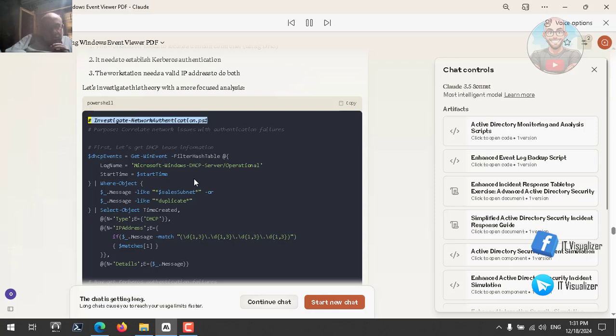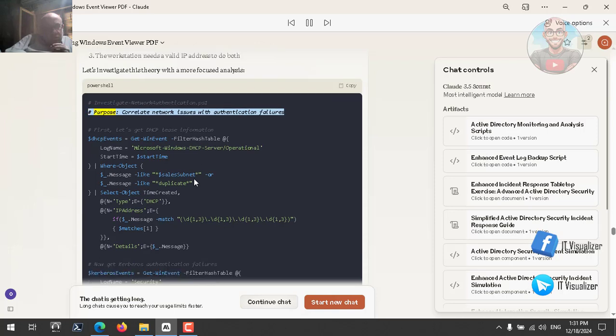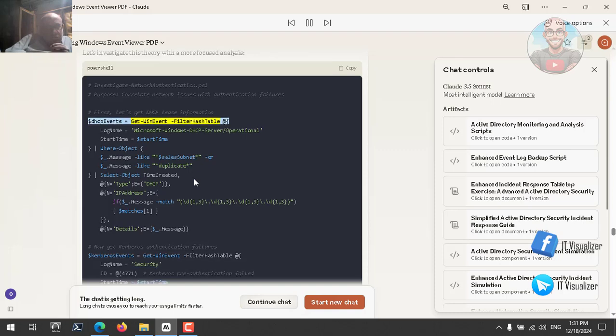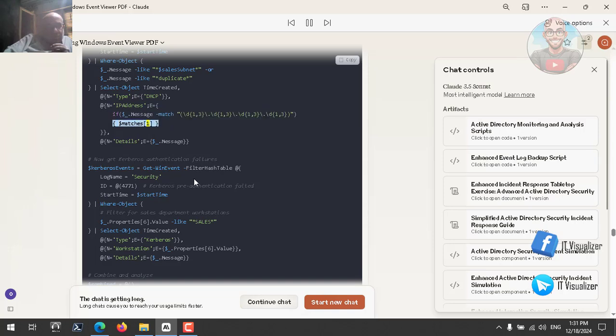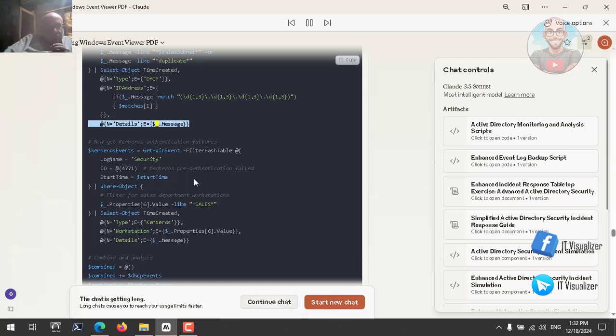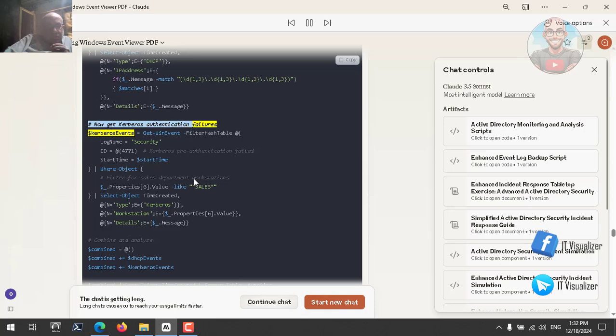PowerShell: # investigate-network-authentication.ps1 # Purpose: Correlate network issues with authentication failures. # First, let's get DHCP lease information. $DHCPEvents = Get-WinEvent -FilterHashtable @{LogName='Microsoft-Windows-DHCP-Server/Operational'; StartTime=$startTime} | Where-Object {$_.Message -like '*$salesSubnet*' -or $_.Message -like '*duplicate*'} | Select-Object TimeCreated, @{n='Type'; e='DHCP'}, @{n='IPAddress'; e={if ($_.Message -match '\d{1,3}\.\d{1,3}\.\d{1,3}\.\d{1,3}') {$matches[0]}}}, @{n='Details'; e={$_.Message}}